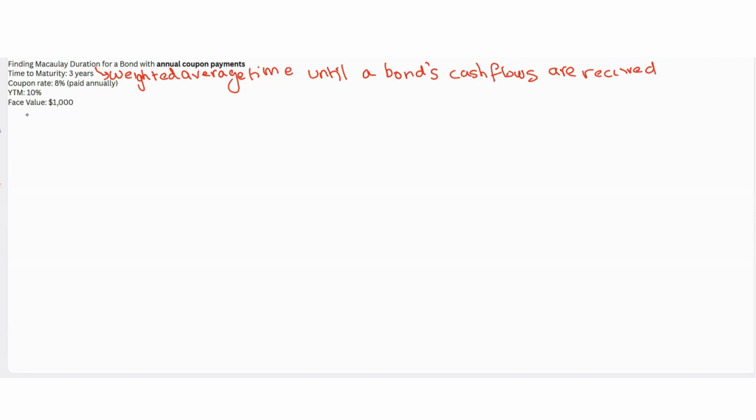Here, the key is over here. We're basically looking at what Macaulay duration is, and the key is that it's a weighted average time. Okay. So before we actually proceed with this,